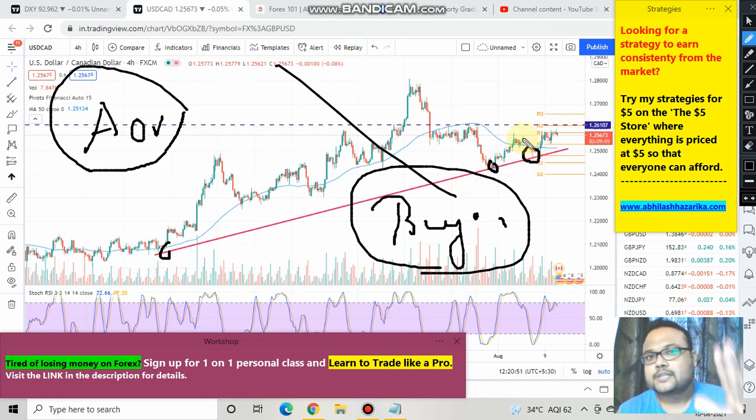Therefore, this trend line is a valid support. And therefore I'll request you, if you do not have this line in your trading platform, then my dear friend, please draw this line so that you can understand the market better, so that you can also do the proper analysis. Okay, so going by this trend line and the trend of the market, the first trading opportunity in front of you is